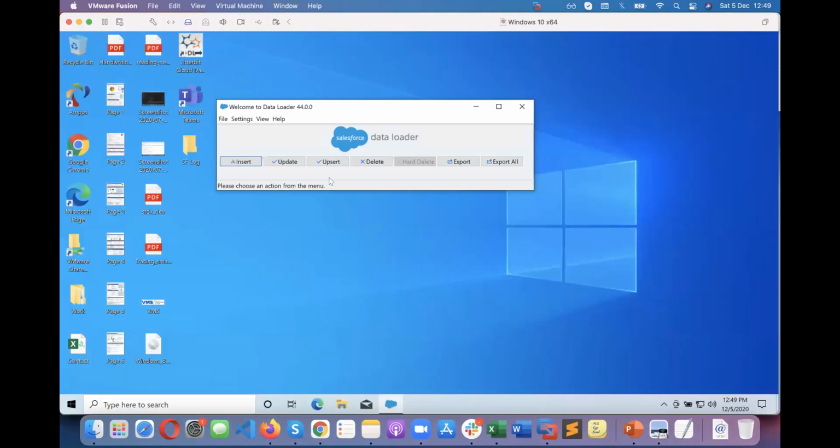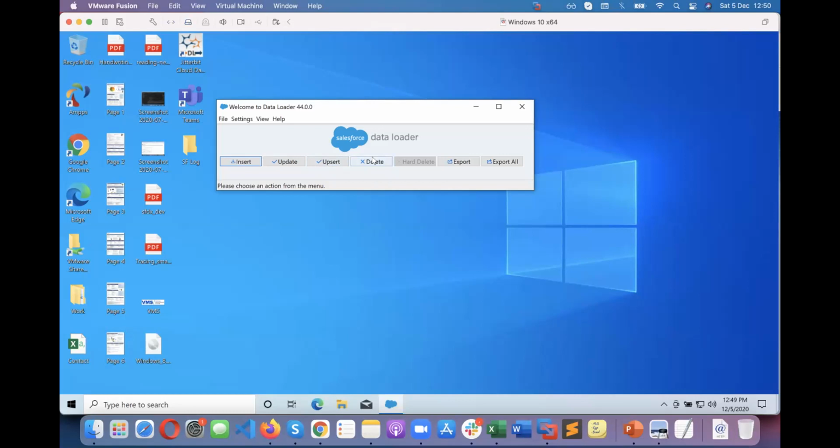Okay. So upsert means you can update and also you can insert. Both operations can be performed in the upsert operation. In order to update here, you can use the external ID. Like an email, once you define a field as the external ID field, you can use that field to update the record using this operation. If the external ID matches, it will update. If it doesn't match, it will create.